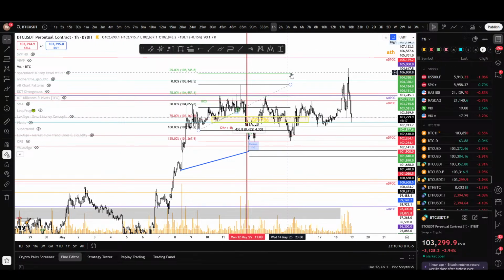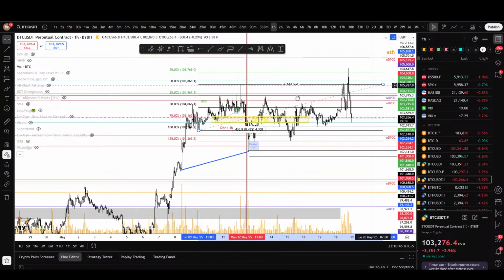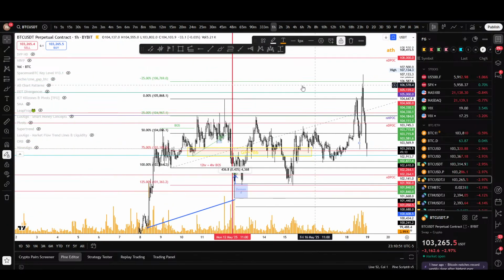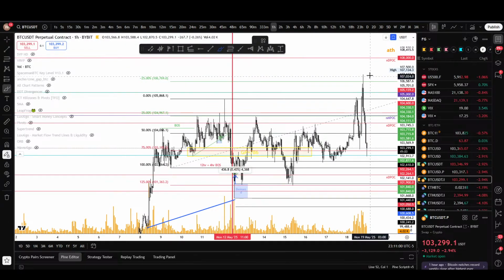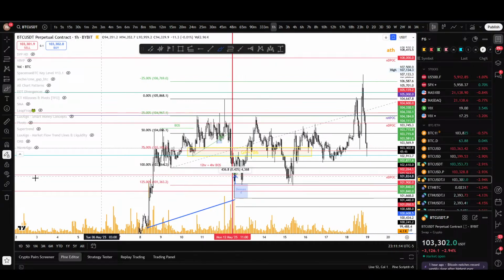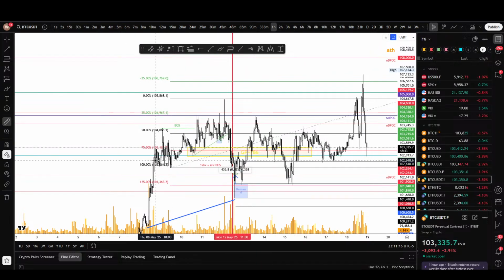Now, interestingly, if you look, we just did it again, right? When we came up here, we have the same range from before. We rejected and closed the hour underneath the plus 25% mark here, which means that technically speaking, this is just a range deviation to the upside. So what happens then? Well, then we pull the lows, right? So we wreck everybody who's like, hey, we're breaking out, we're going to the moon, right? It'd be different if we closed a 1 hour candle above this deviation, but right now, over the past,